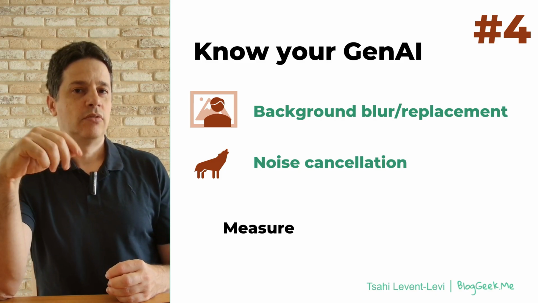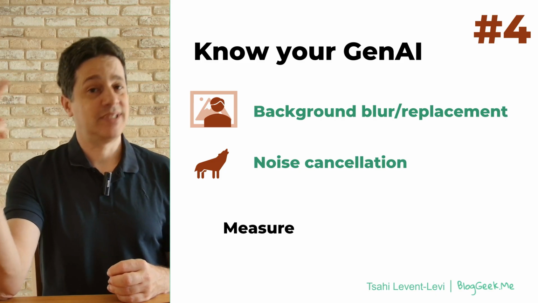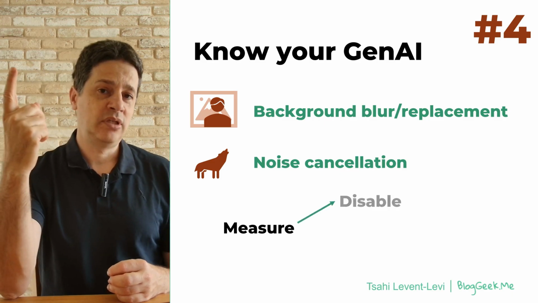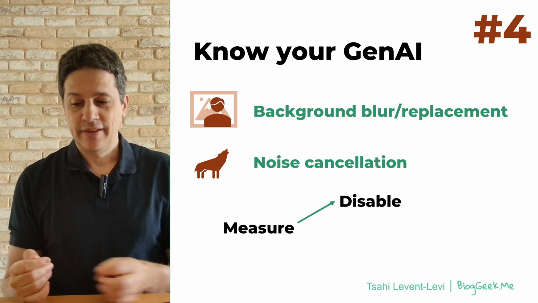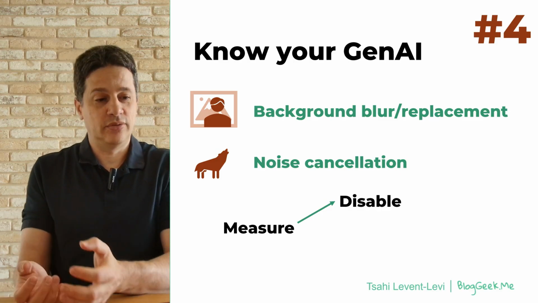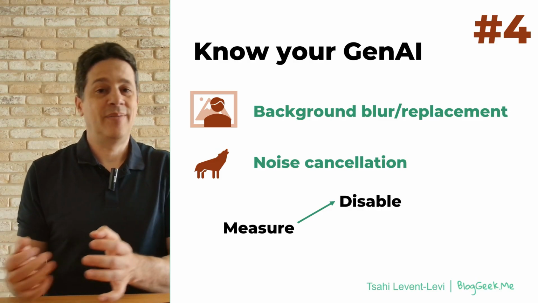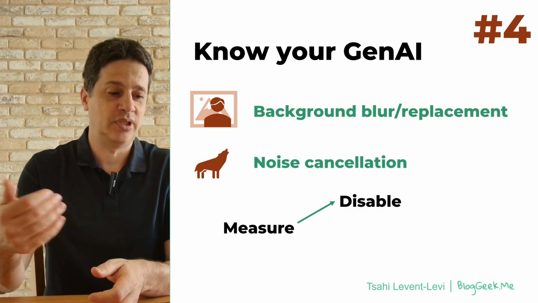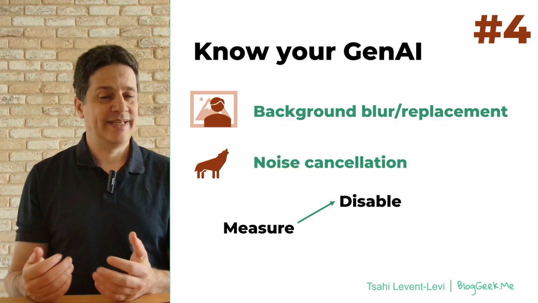Once we do, we can decide one of three things if there is an issue, if there is not enough CPU, for example. One would be to disable it. You know what? This device doesn't have enough CPU to run background replacement. I might as well disable that capability for this call for that user at this point in time. The second option